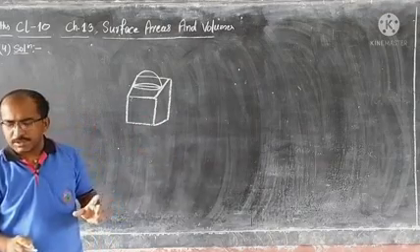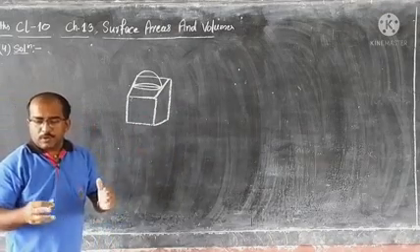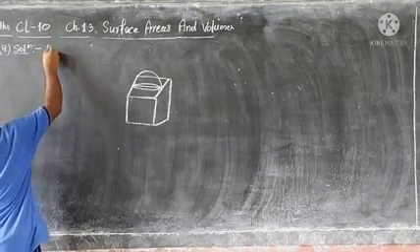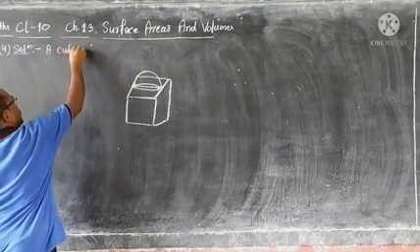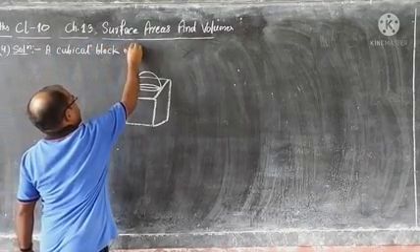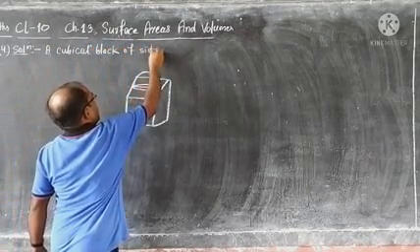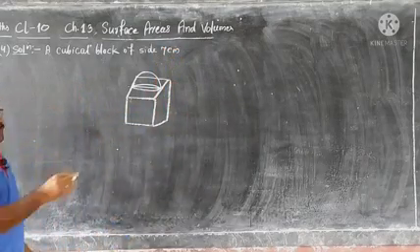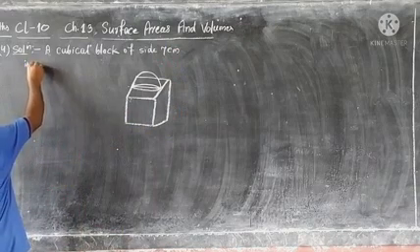So, that is the situation here. A cubical block of side 7 centimeter is given. A cubical block of side 7 centimeter is surmounted by a hemisphere,